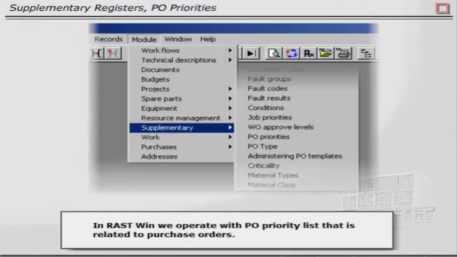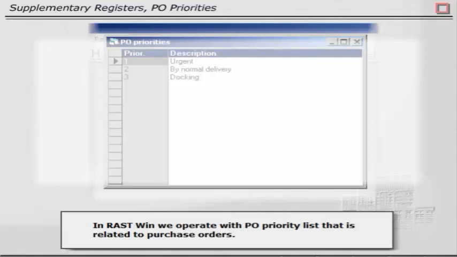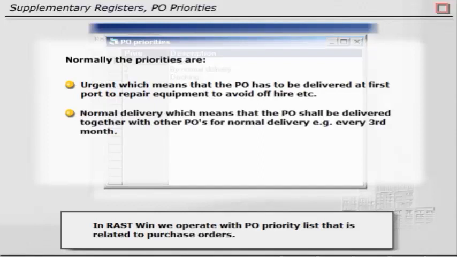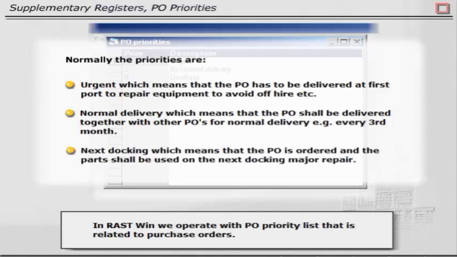In RAST Win, we operate with a PO priority list that is related to purchase orders. Normally, the priorities are: urgent means that the PO has to be delivered at first spot to repair equipment, to avoid off-hire, etc. Normal delivery means that the PO shall be delivered together with other POs for normal delivery, for example, every third month. Next docking means that the PO is ordered and the part shall be used on the next